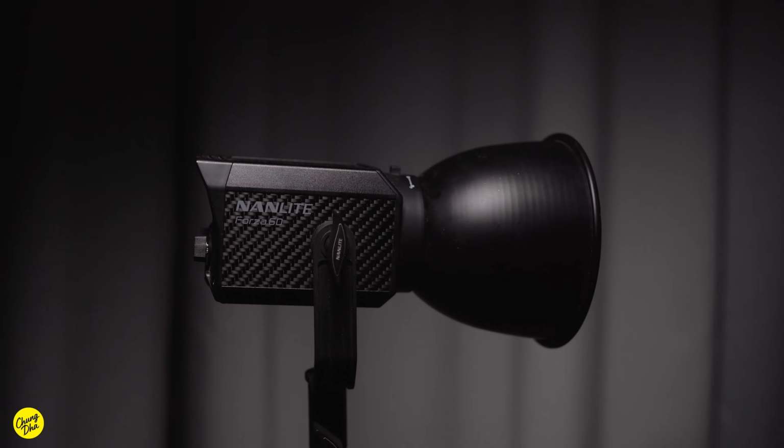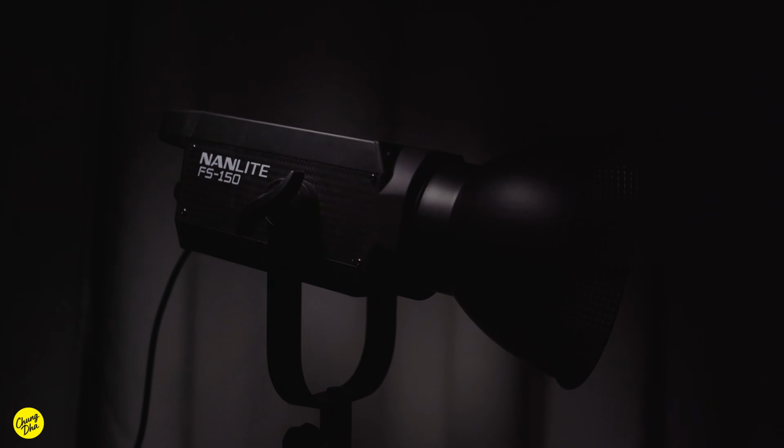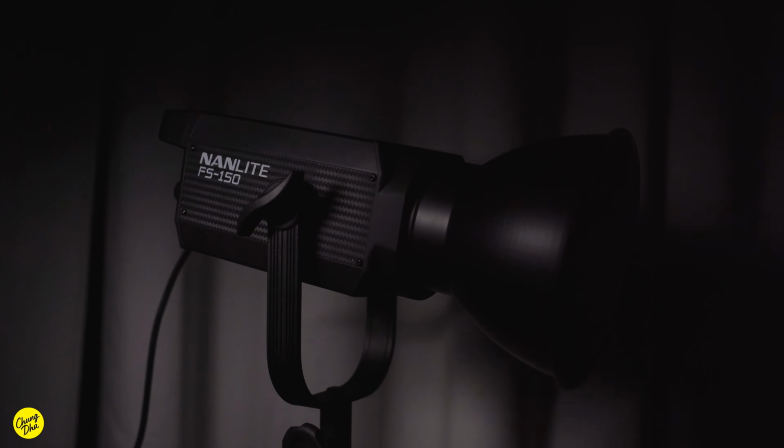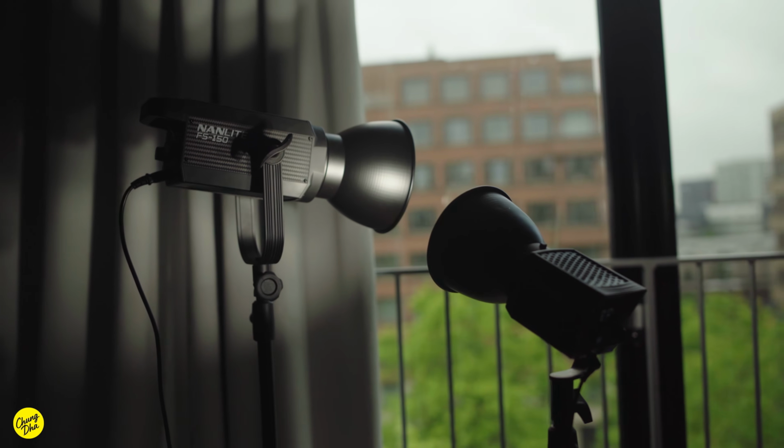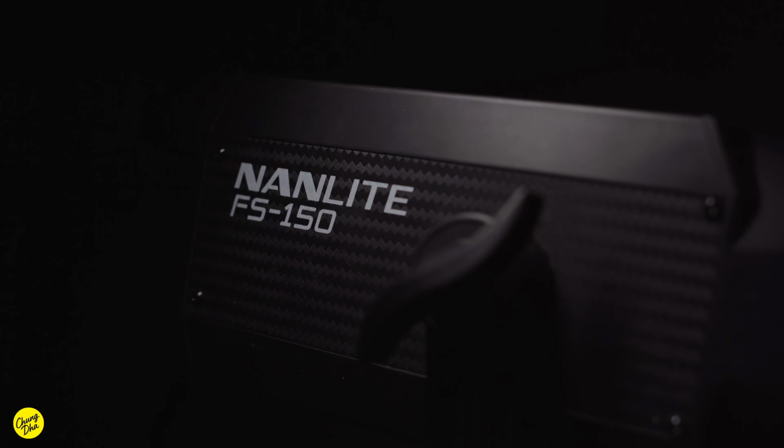I currently own both the Nanlite Forza 60 and the FS-150. The reason why I want to compare these two is that both are entry-level lights from Nanlite, one being from the Forza line and the other from the FS. While the FS-150 costs less than the Forza 60, I would like to see why one would choose the